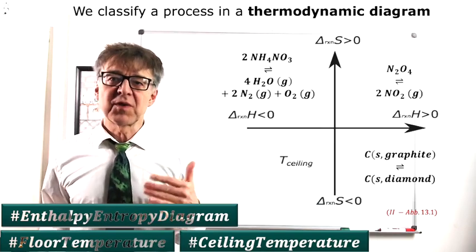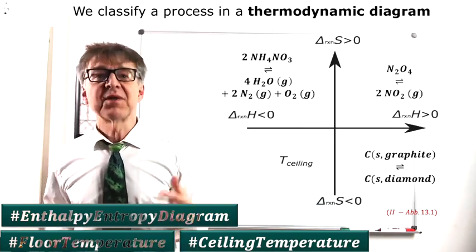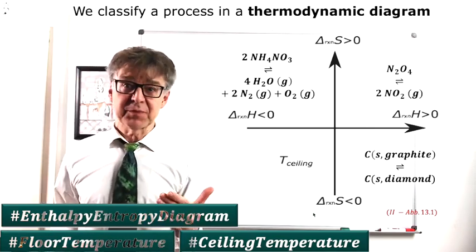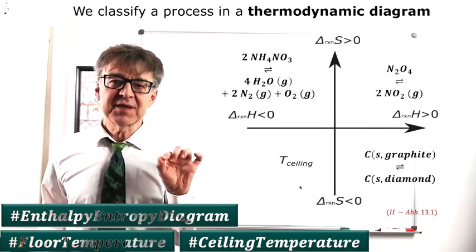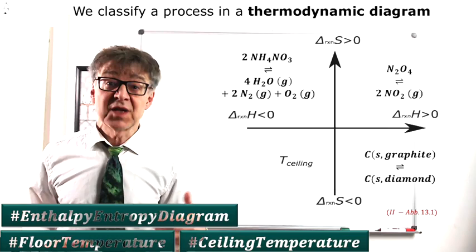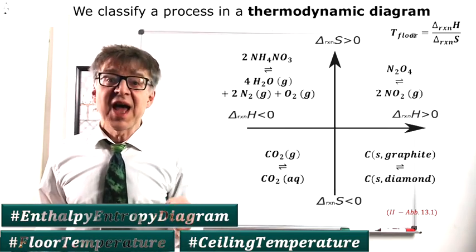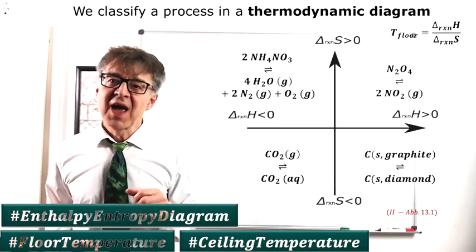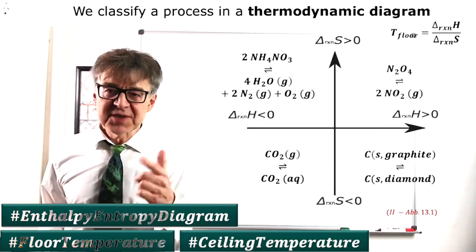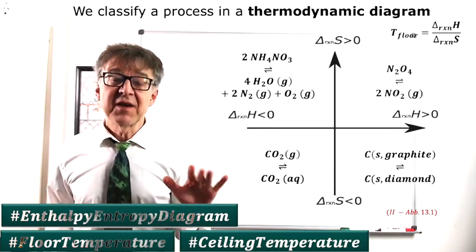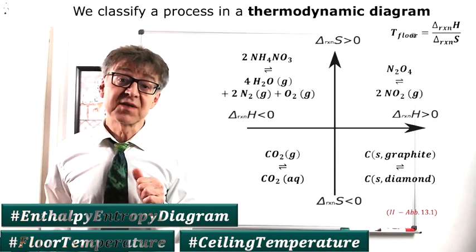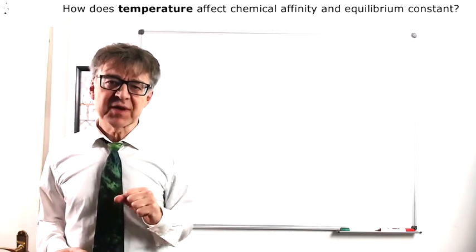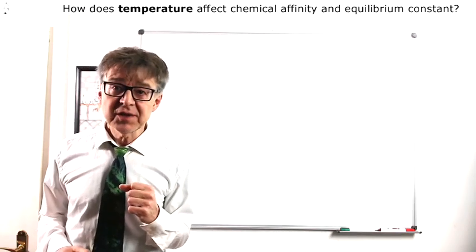Conversely, for reactions in quadrant 3, energy is with us, but entropy is not. Since temperature fights alongside entropy, this means that there is a chemical drive at low temperatures. The equilibrium lies on the right, and there is no affinity at high temperature. Equilibrium lies to the left. At the boundary temperature, which in this case is called the sealing temperature, affinity is 0 and the equilibrium constant will be 1. As you can see, temperature has a big influence both on the Gibbs free energy, delta G naught, and on the